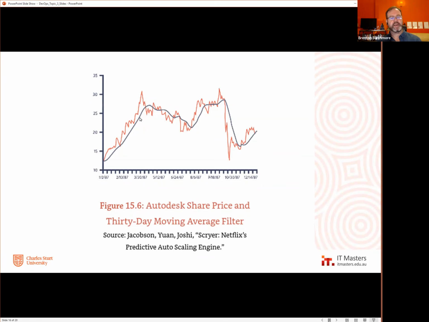We might not be that interested in the fact that on any given day, it's marginally above or below its median or its average. What we might be interested in is the fact that it's done this and then it's done this. We might say that's really interesting. So there's a bit of a spike, but when we smooth it out, it's not that far off. But the suddenness of this change, even if the red line didn't exist, we still know that events down here are probably something worth looking at.